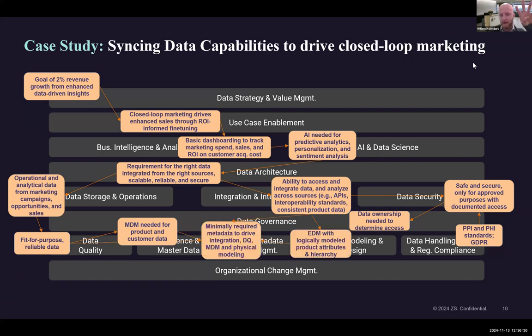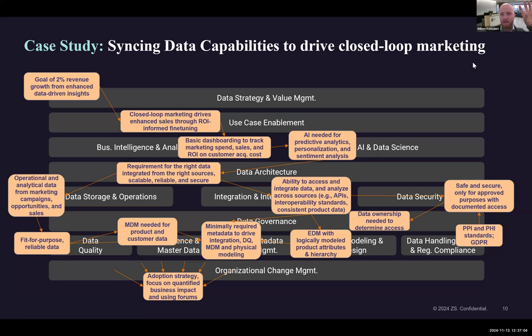Then the next 2 that appear here are around the metadata management and modeling. Nothing of what I just said around quality, around MDM, interoperability works without minimally required metadata, which in turn depends on a model where you've defined your logical attributes, right? Ideally, you don't have different system teams doing this on their own, which happens, sadly, too many times, but rather do it with some level of consistency. All of this needs to somehow be brought to the organization in a way that it actually works, right? So that's where the change management comes in.